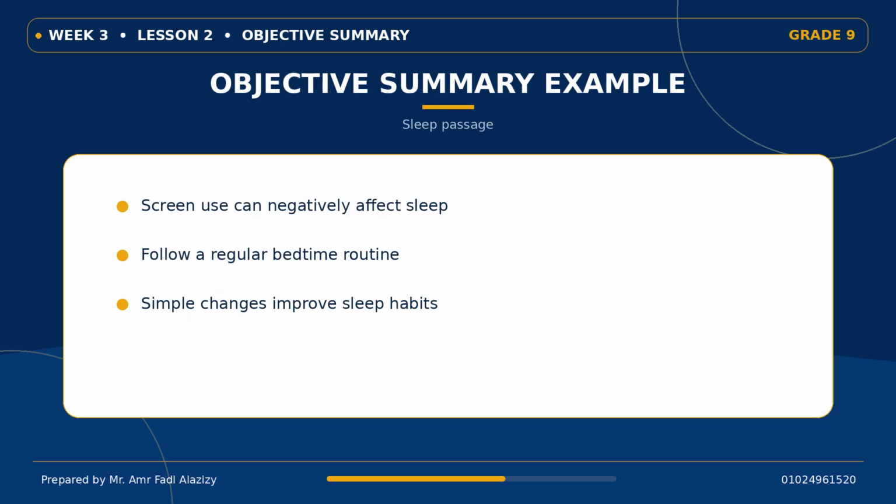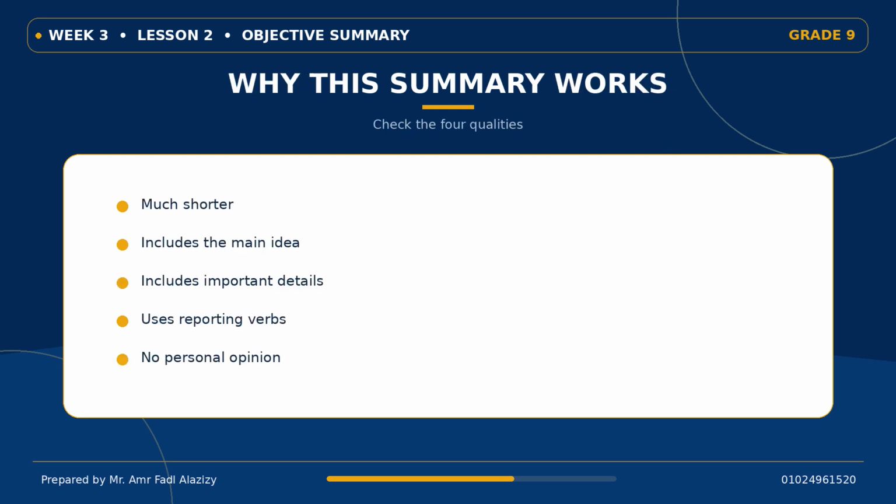Now let us write an objective summary. The article explains that screen use can negatively affect teenagers' sleep. It suggests that students follow a regular bedtime routine, turn off devices, and prepare for school before going to bed. The text emphasizes that simple changes can improve sleep habits. Note several things. The summary is much shorter than the original text. It includes the main idea, it includes the most important details, it uses reporting verbs, and it does not include